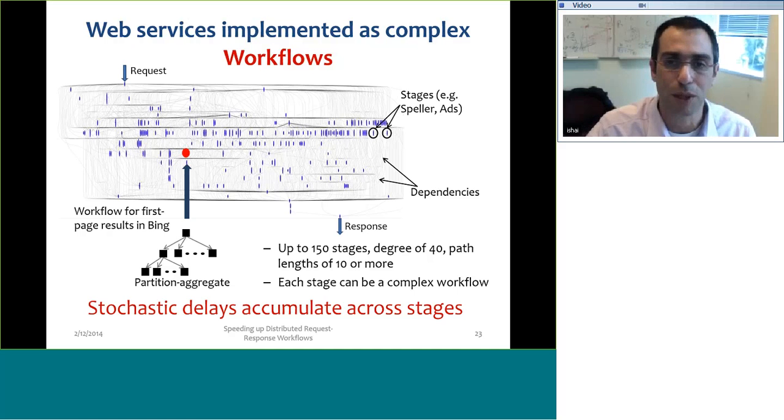Any other questions about workflows? So I hope that I convinced you through this beast that it's fairly complicated. The resource allocation here is, we know the goal, but when we started this we didn't know exactly how to approach it.